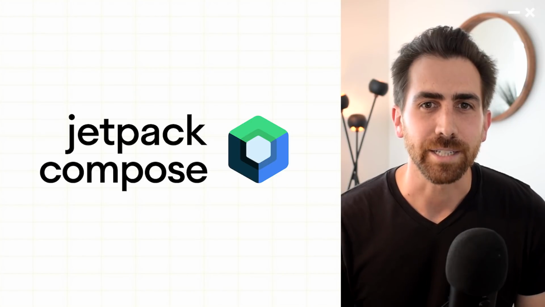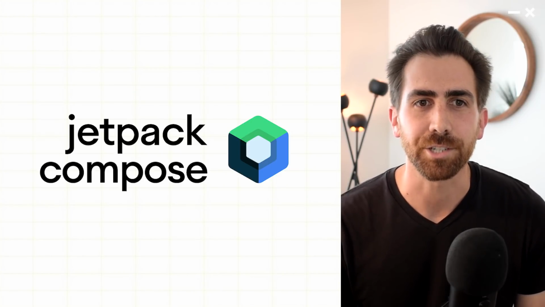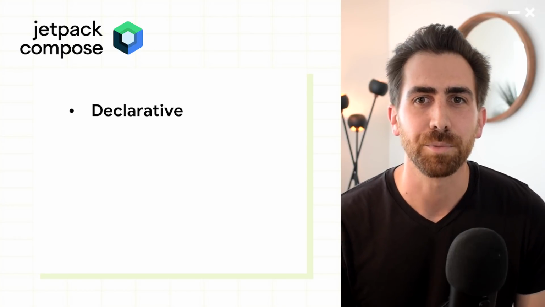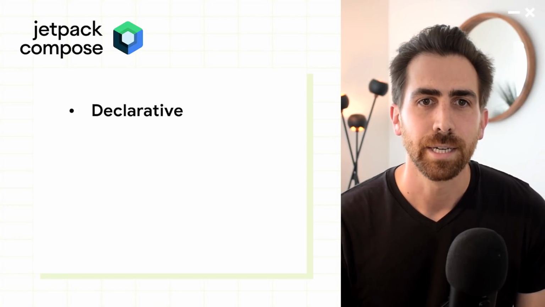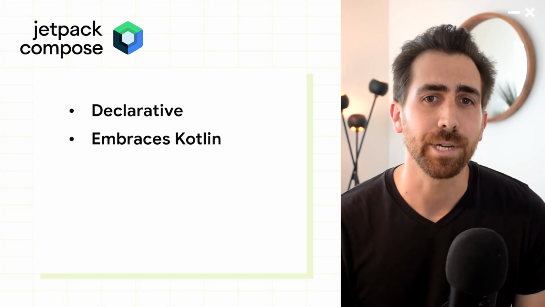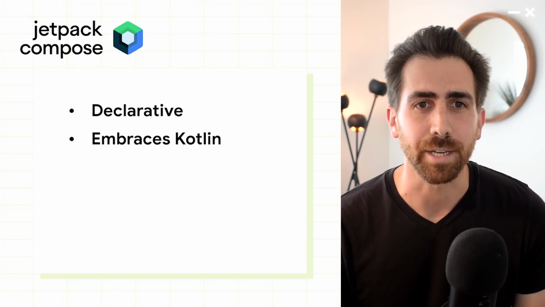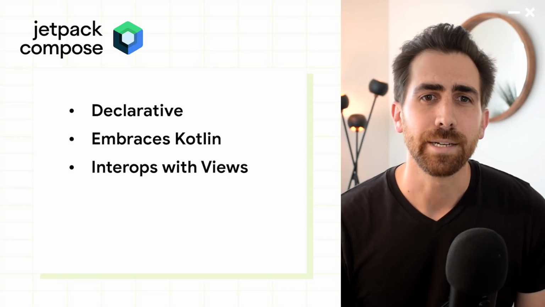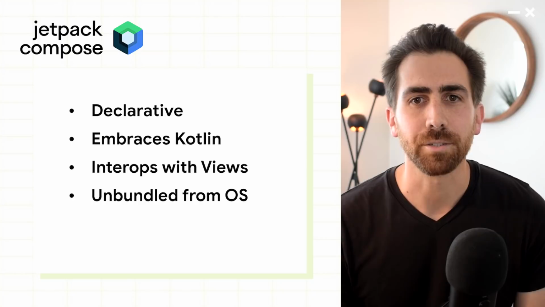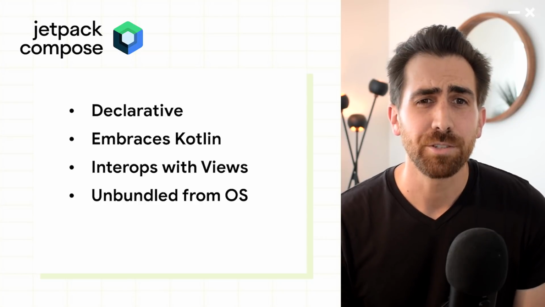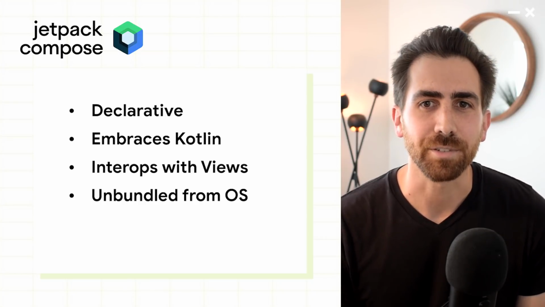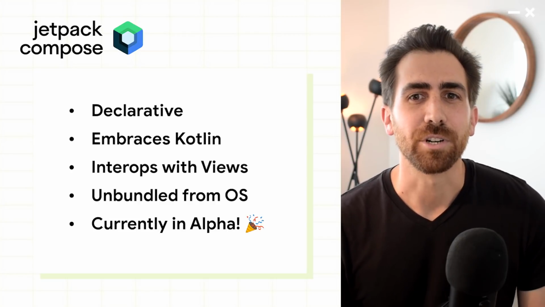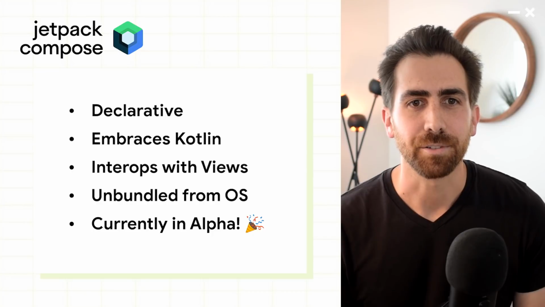If you haven't heard about it, Jetpack Compose is our new next generation UI toolkit. It uses a declarative component-based paradigm for building your UIs easily and quickly. It's written entirely in Kotlin and embraces the style and ergonomics of the Kotlin language. It allows for interop with the existing view system, and it's built entirely in user space, unbundled from the underlying platform, which means you can take advantage of feature improvements and bug fixes on your own time. And I'm very excited to say that as of this morning, Compose is now officially in alpha, ready for you